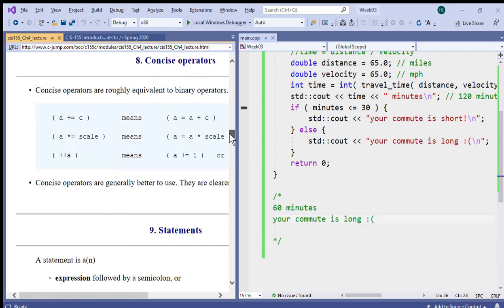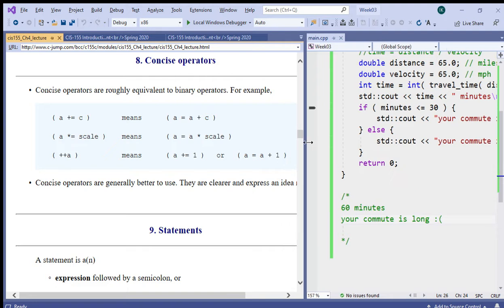Speaking of operators, I just want to give you an example of a few of these operators and how they behave. Some of the things are obvious and some are less obvious. Concise operators are roughly equivalent to binary operators. Concise operators are those that I call arithmetic assignments in many cases, such as plus equal, multiply equal, which roughly mean, for instance, if you see a formula like A plus equals C,